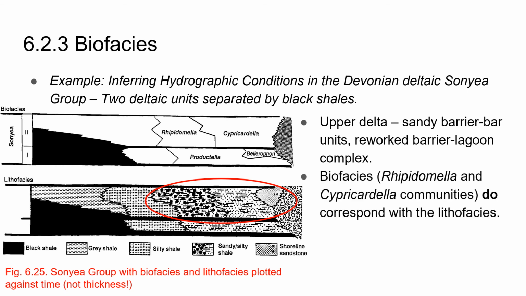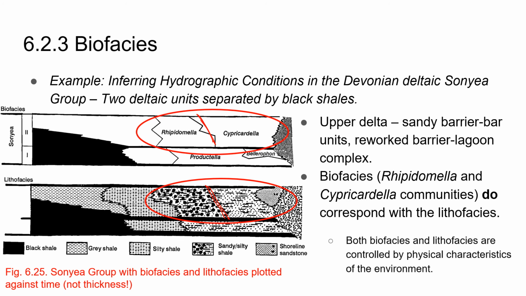The biofacies here, Rhipidomela and Cypricardella communities, do correspond really well with our changes in lithofacies. So where you get one community is in one rock type and you get a different community in the other rock type. So in this case, both the biofacies and the lithofacies are going to be controlled by the same physical characteristics of that environment. So this is just an example, and by the way, these are being plotted against time, not thickness,